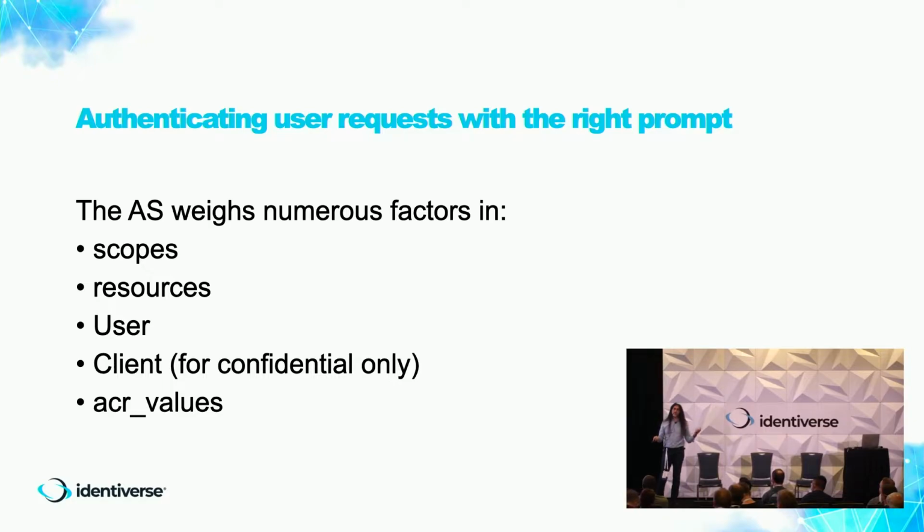ACR values is a parameter that was introduced by OpenID Connect, and substantially it represents a set of potential authentication methods that the authorization server decides make sense to be grouped together, like, for example, they all represent a certain level of authentication. And that parameter can be used in OpenID Connect to request that particular thing in that particular transaction. So if you actually attach these, there are a couple of methods because one would be too simple. And if you use one of those two methods, like, for example, you put it in the query string, then what happens is that the authorization server can take these into account and actually use that to determine the authentication experience.